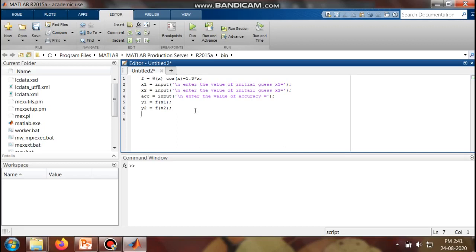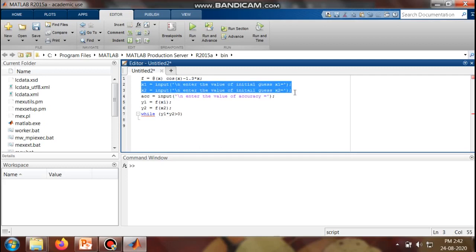After this we know the condition as while the product of y1 and y2 is greater than 0, that means our initial guesses are wrong. So it will again ask you to enter the values of the two initial guesses.